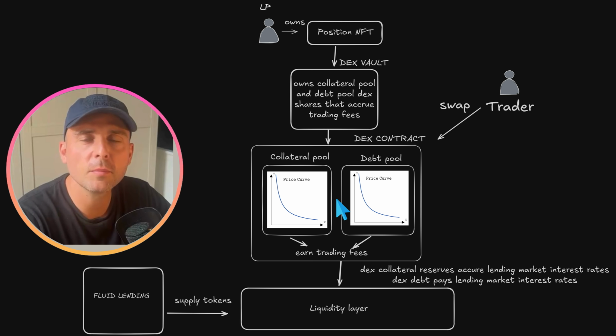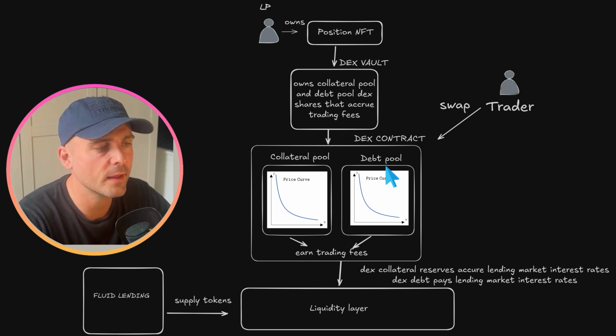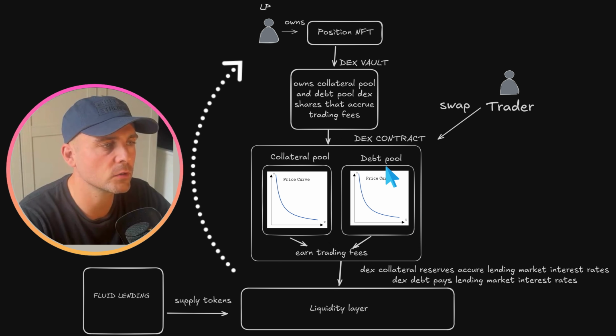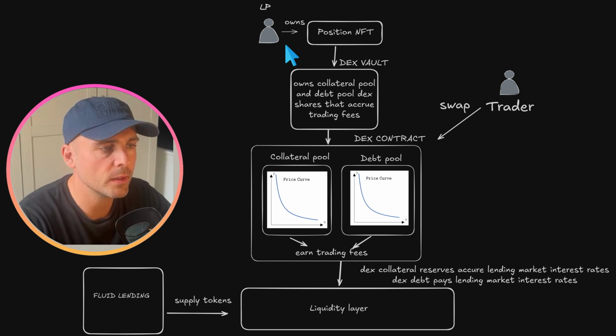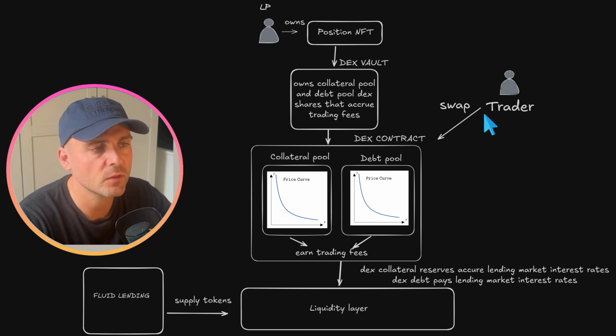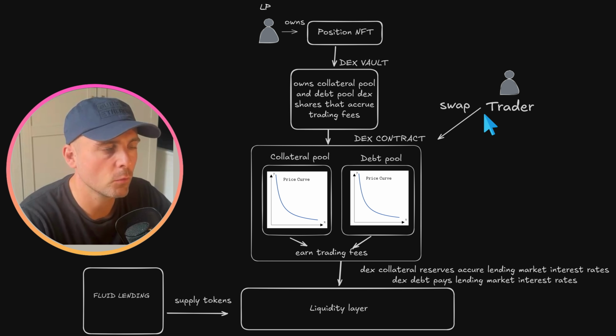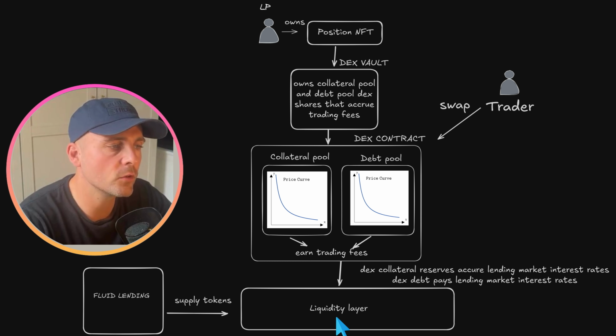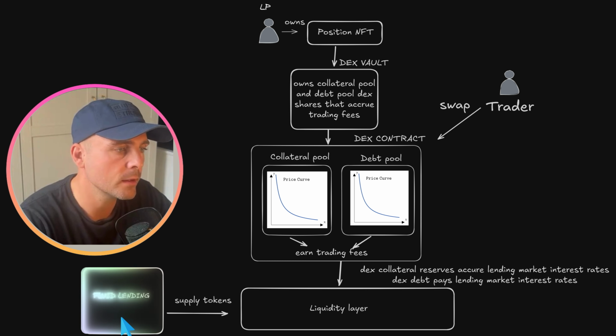Right, so you may be a little bit confused by this concept of smart debt. Because after all, how can this debt, as we've seen earlier, that has been taken out of the system through a borrow action by the smart debt LP, how can that debt provide active liquidity to traders that swap one token for another token? Well, the simple answer is that the supply of tokens, or liquidity as the name suggests, comes from this underlying liquidity layer. And the liquidity layer in turn gets this supply of tokens from other applications like Fluid Lending that are supplying